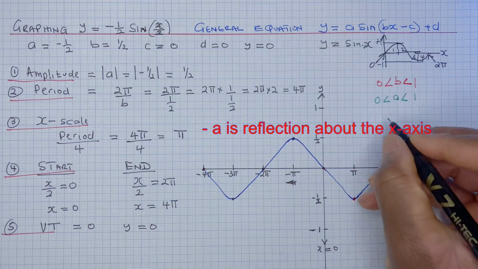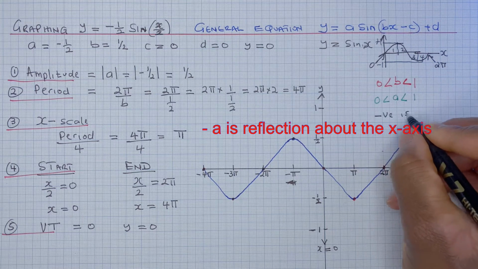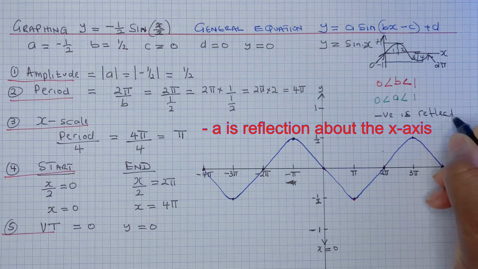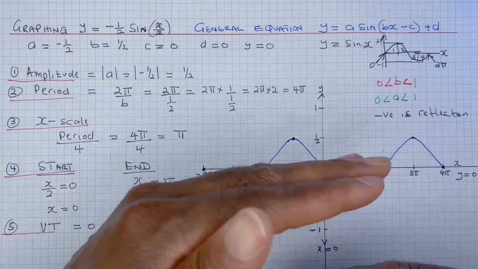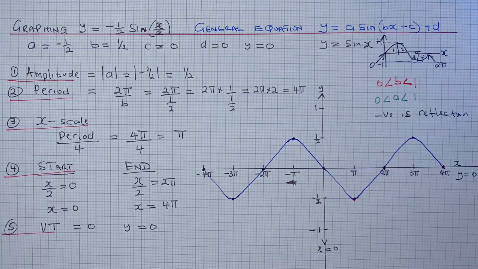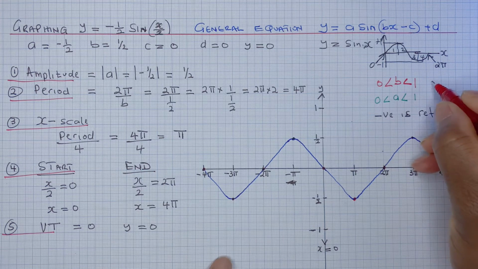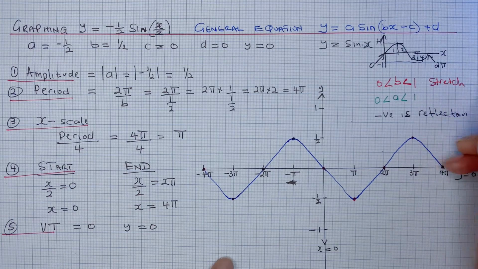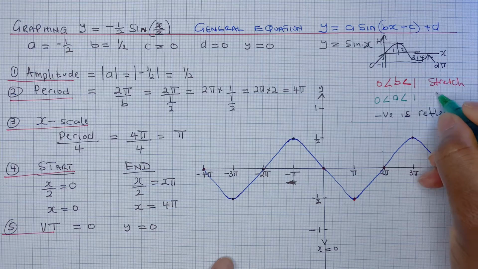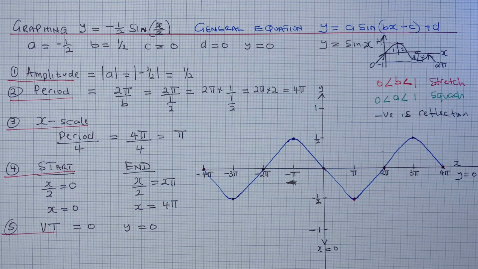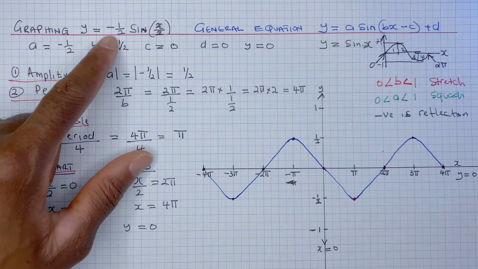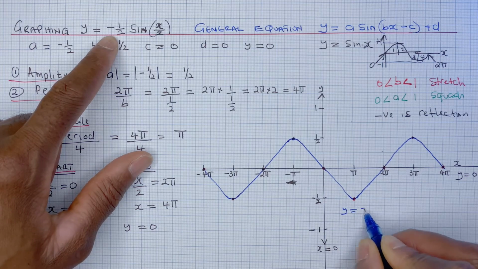So you can write it down. Negative is reflection, and squash is A, vertically squashed. B, horizontally stretched if it's between 0 and 1, so that is stretch, and this one is squashed. Right, so that's what's happened there. And that's the graph of y equals minus a half